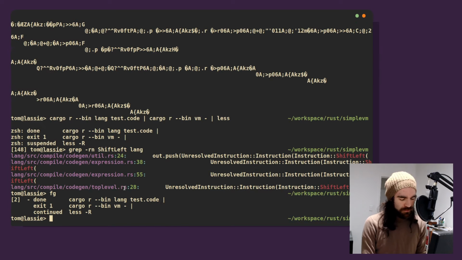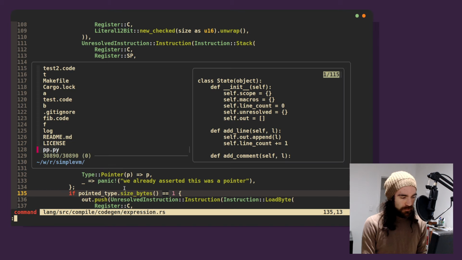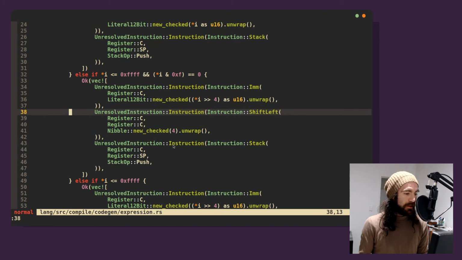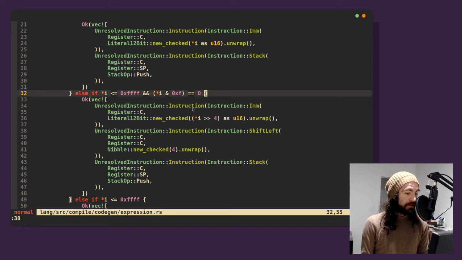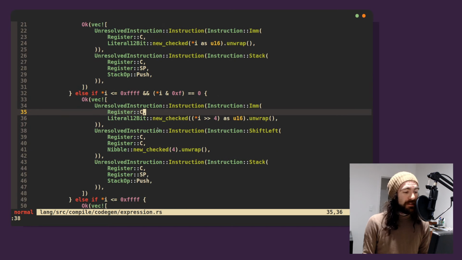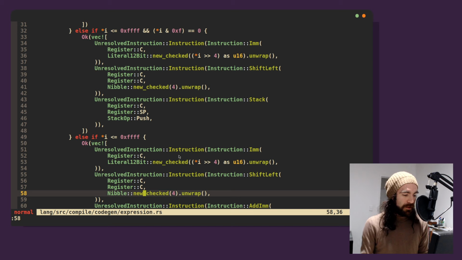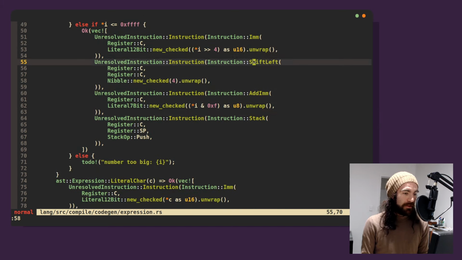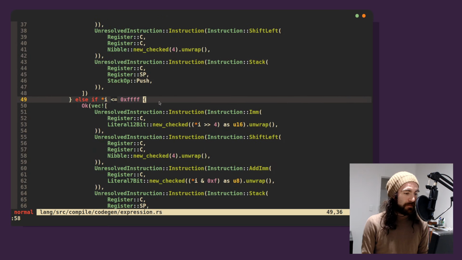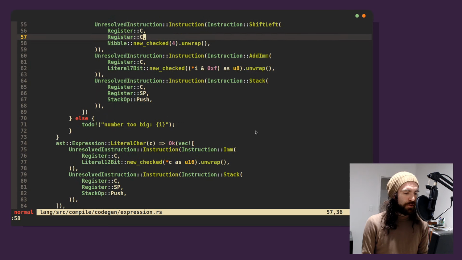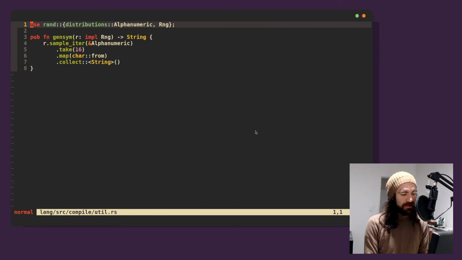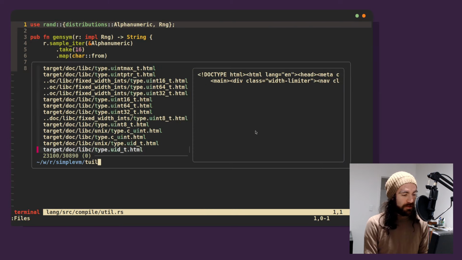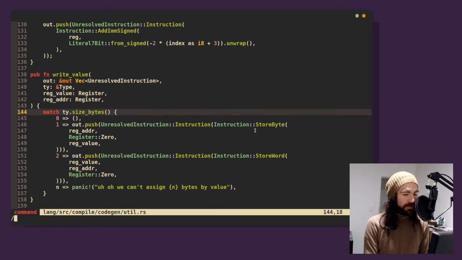3855 in expression. So let's look at line 38. This is a literal int. Okay, that is possible as well. Except it isn't, because none of our literal ints are that big. What did I say? 55 or something? 58? Shift left. This is also part of loading. This is the same thing. Shift left. Cool. So the other place this is going to come from is util, shift left.